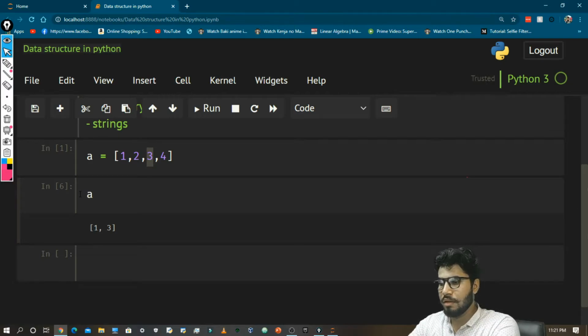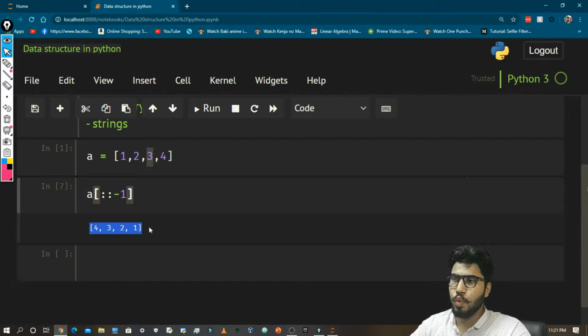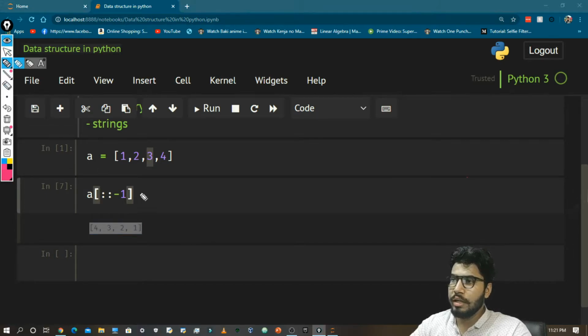Okay, so what will you do if you want to reverse the order of the numbers? What you can do is ::-1, and you get 4, 3, 2, 1. As I told you earlier, the index starts from 0, 1, 2, 3. In Python, especially, and you can find it in Java or C++ too, the index also starts from the back like this: -1, -2, -3, -4.